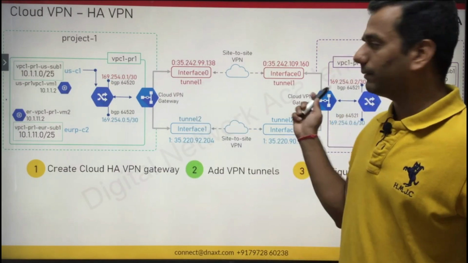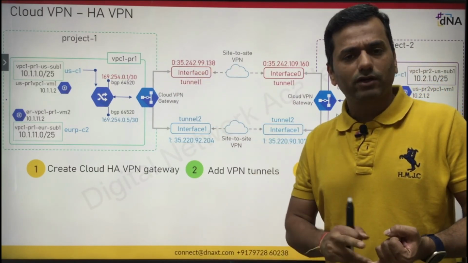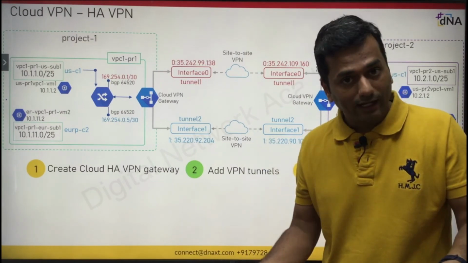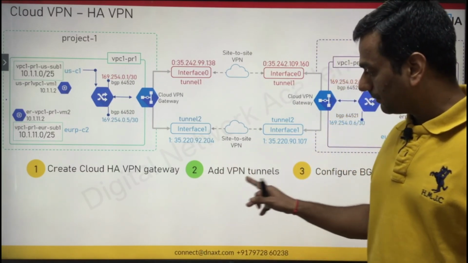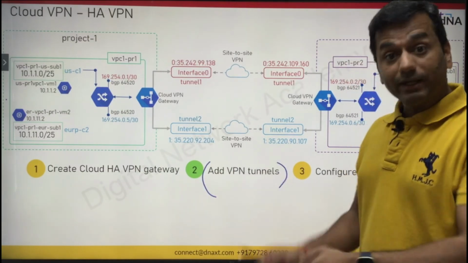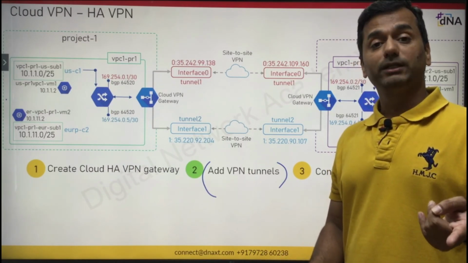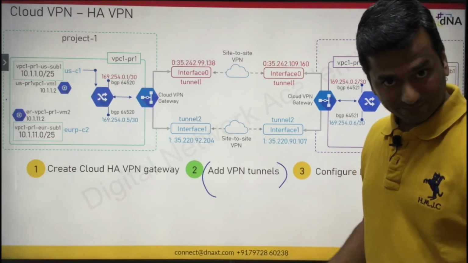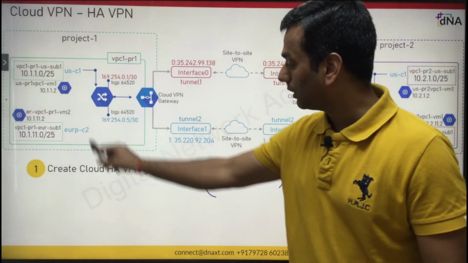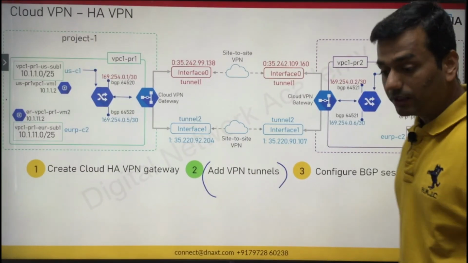Once you have the public IP address, just go and configure the tunnels, IPsec tunnels, where you can define the IKE version 1, version 2, whatever. Then you can define the key, you can define the peer address. That's something you have to do under the VPN tunnels. In the VPN tunnel, you have to select which routing protocol you will enable. Of course it supports only BGP, no other choice. So in add VPN tunnel, along with the tunnel you have to call the cloud router over here as well. I will tell you the steps. And the third step is the last, and it is very important, which is the BGP session.